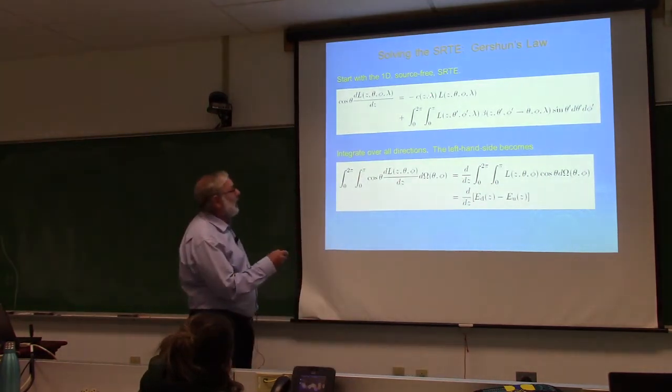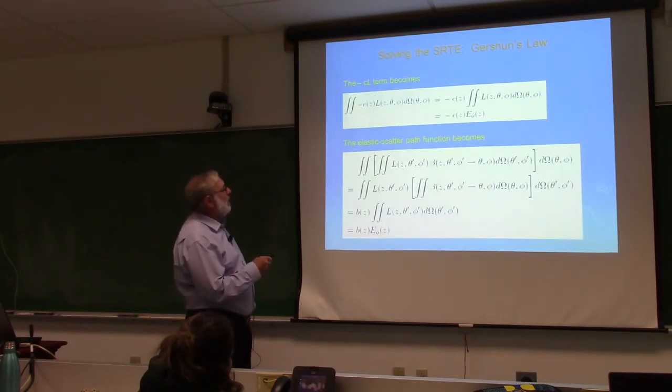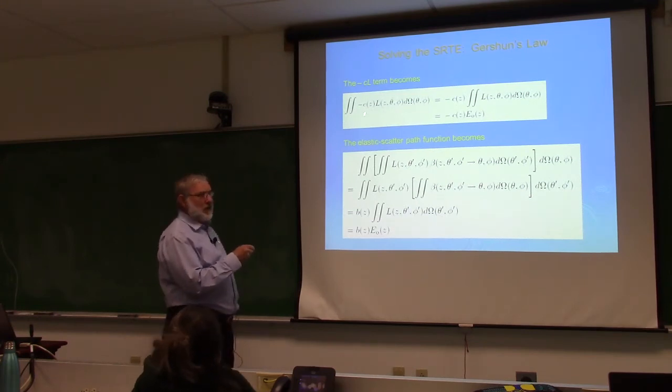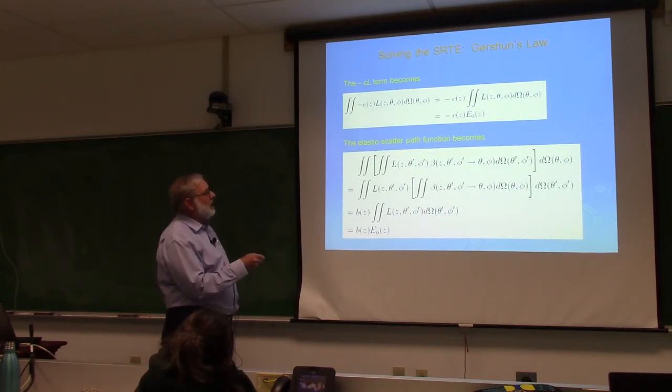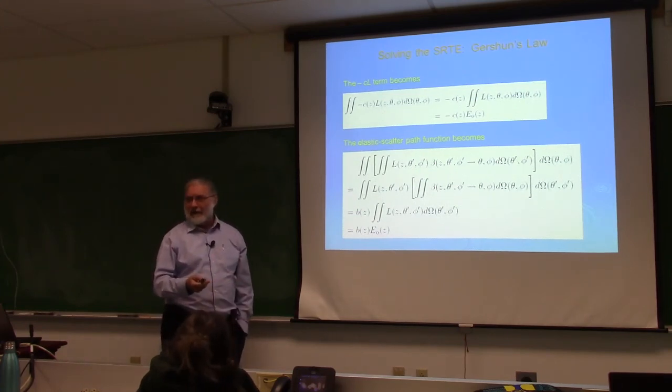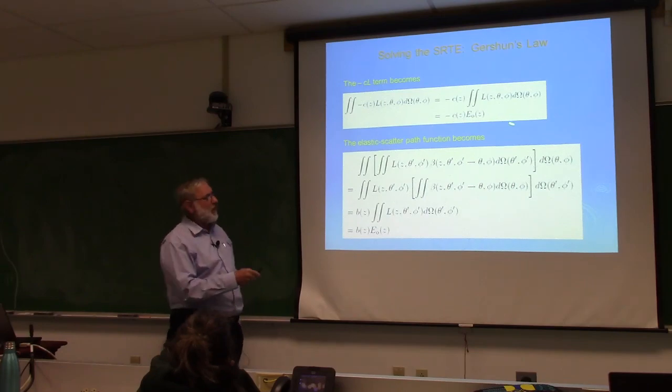Okay, so now we go to the next term here. And he says, well, we integrate this thing. Okay, beam attenuation doesn't depend on direction, so it can come out, and then we have the integral of the radiance over all directions. What's that? No cosine factor. That's just by definition the